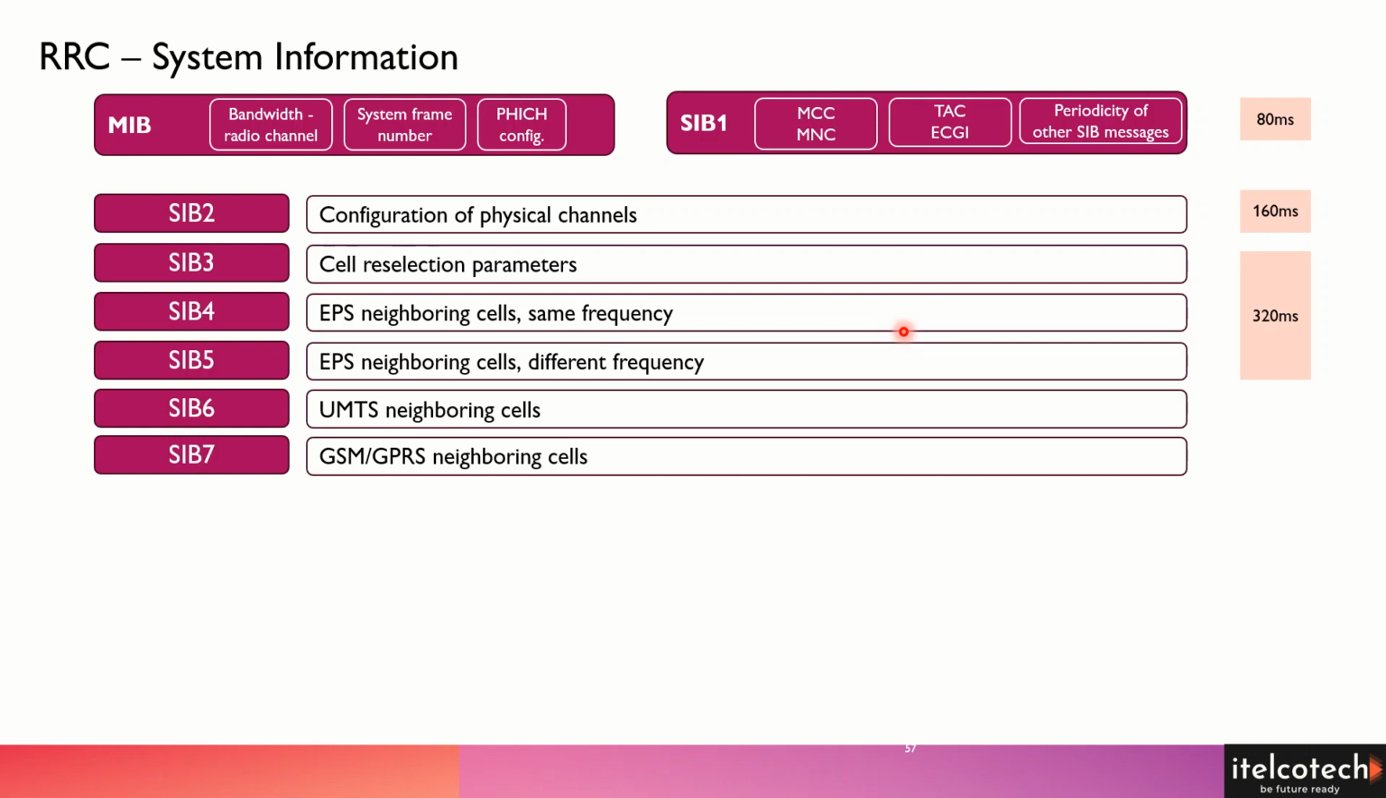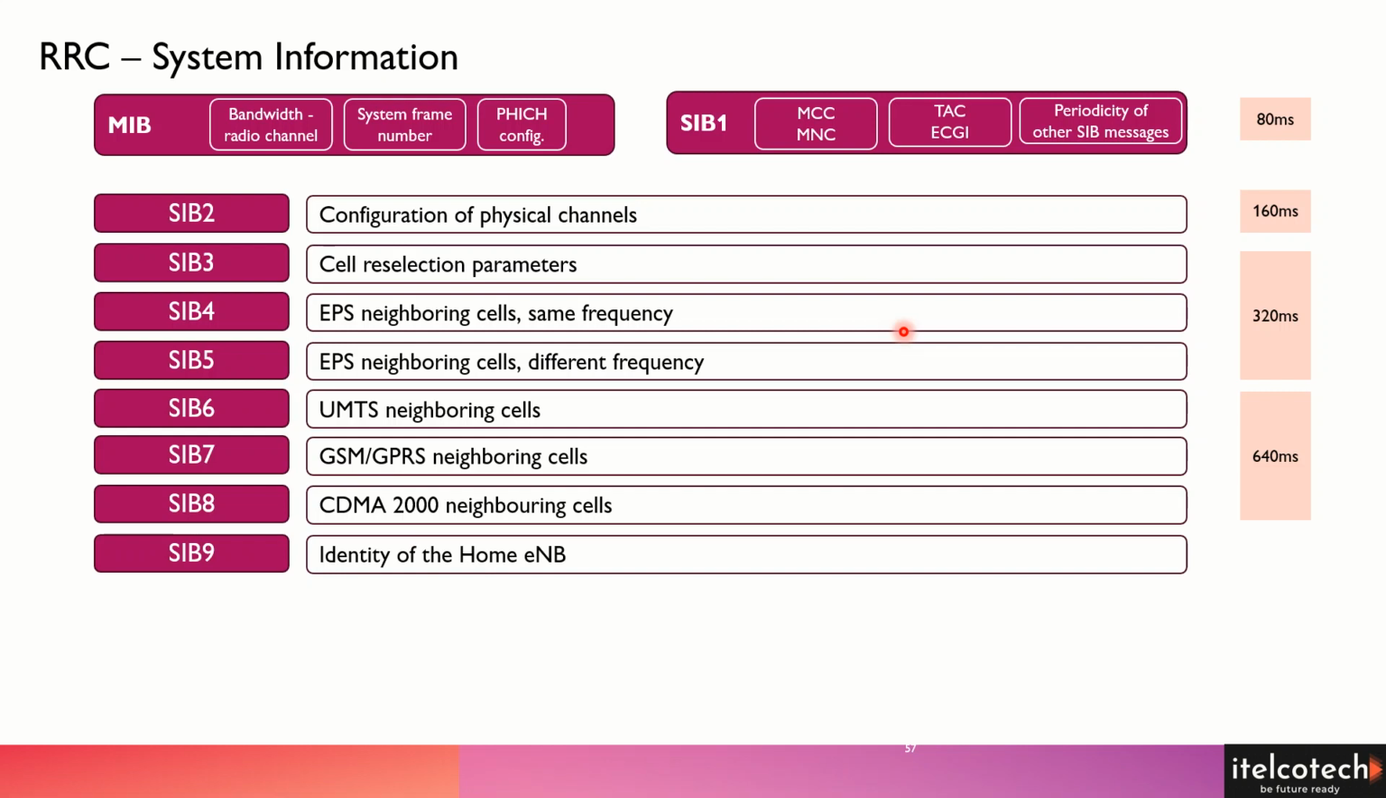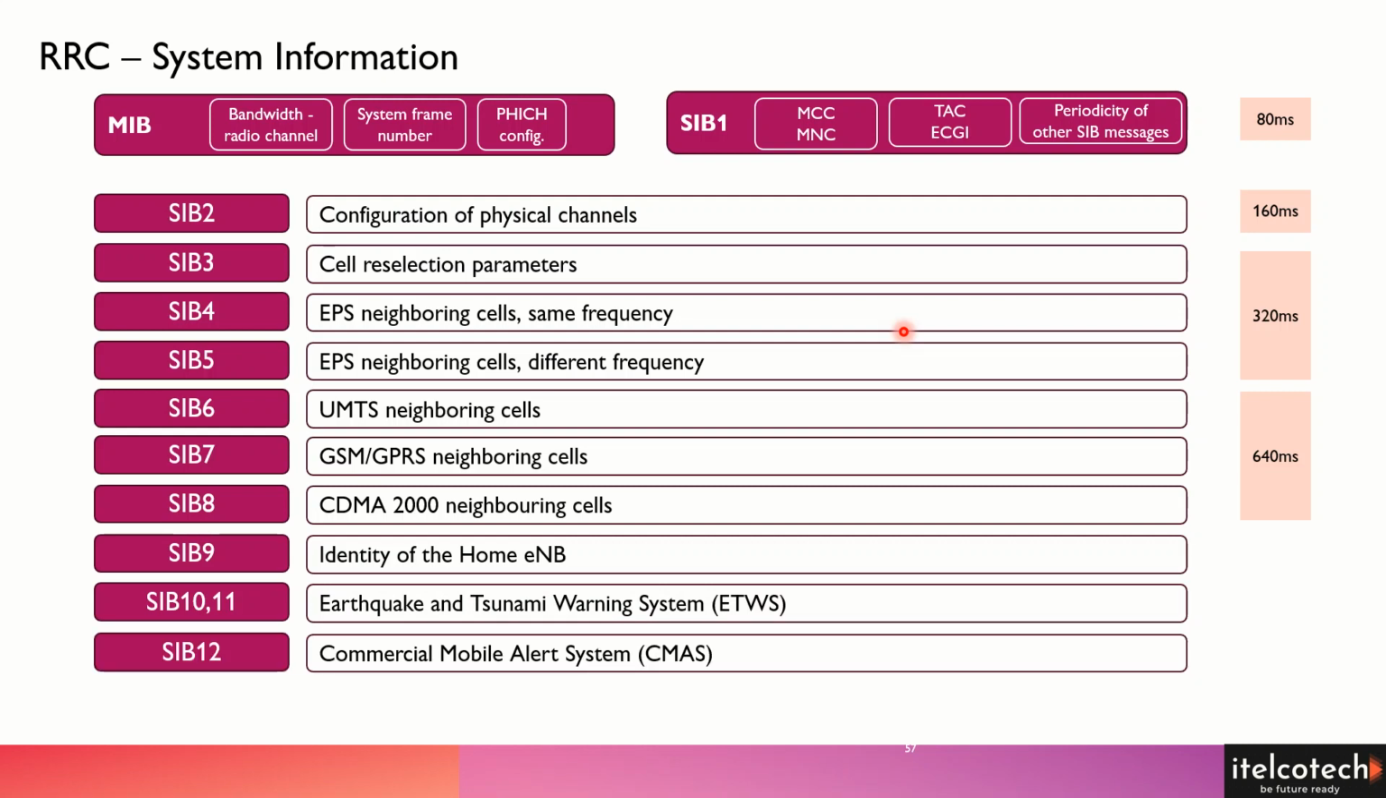So as we can see, these different SIB messages have certain information inside them depending upon what kind of technologies we are using in the network. So these neighboring cells and these definitions should be there so that the mobility would be smooth across the different technologies. Also, we have certain other SIB messages which are used for a warning system if something happens, any calamity